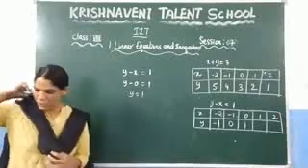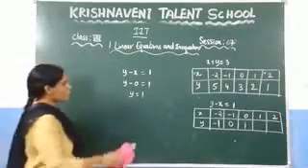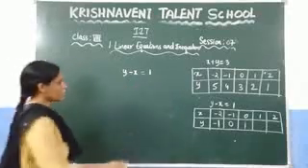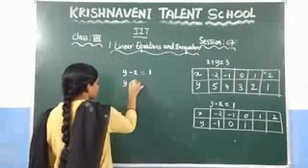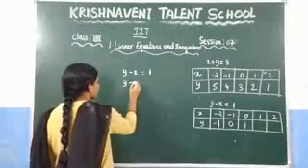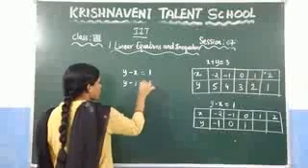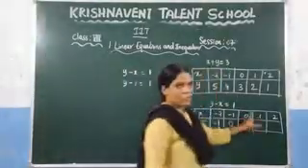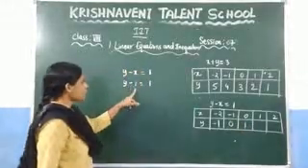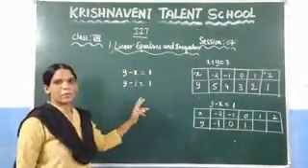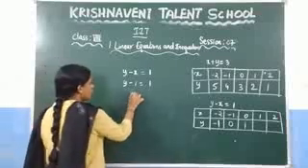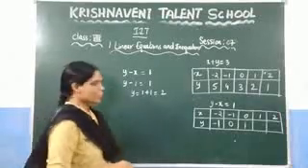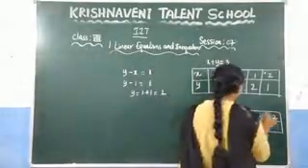Now similarly here, substitute in place of x 1. So here the next one, if in place of x you substitute 1, what you will get here? Minus 1, if you take to the right hand side, it will become plus 1. So that you will get y is equal to 1 plus 1, which is nothing but 2. So write it here, 2.